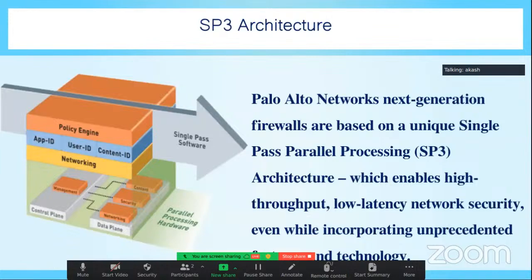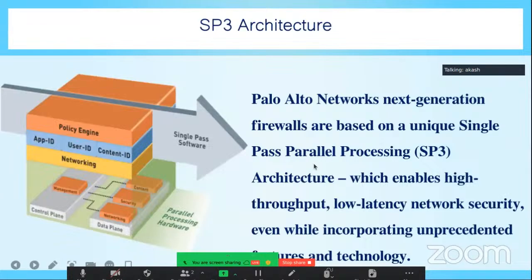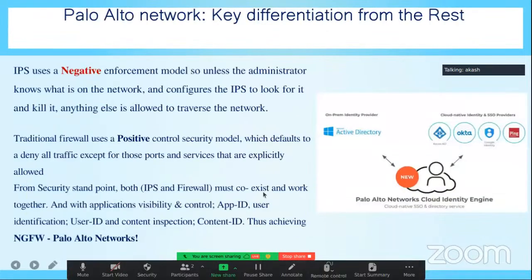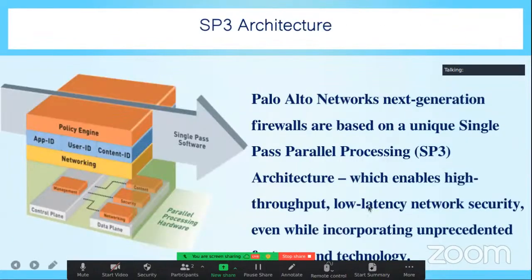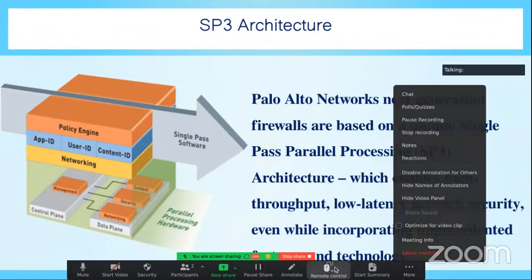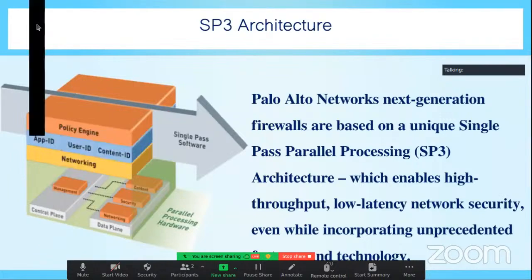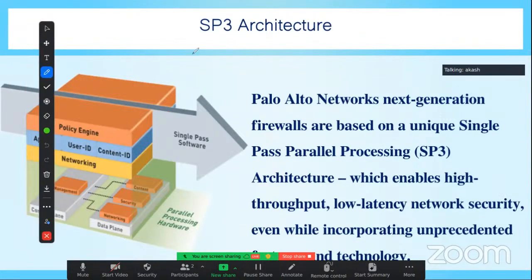Okay. As I initially mentioned, it has a special capability called SP3 architecture. What does SP3 architecture say? Basically, SP3 architecture... let me just open the whiteboard. So what SP3 architecture says,